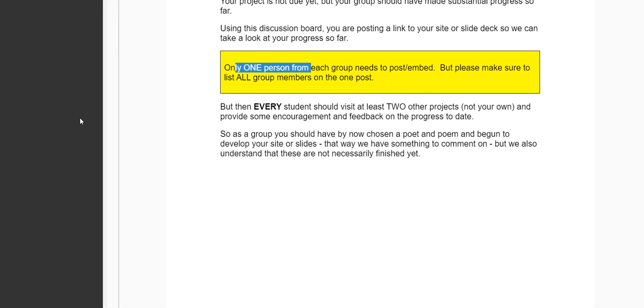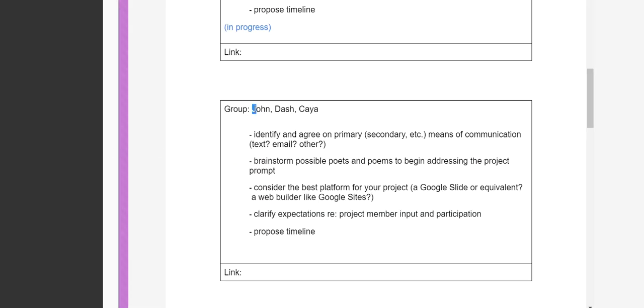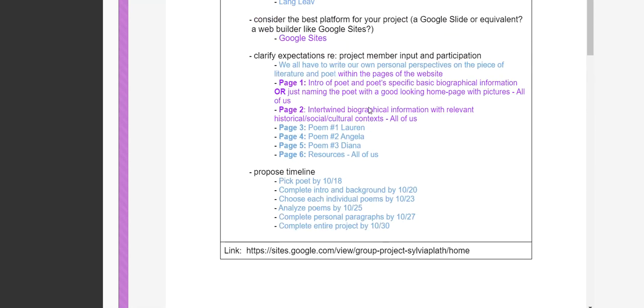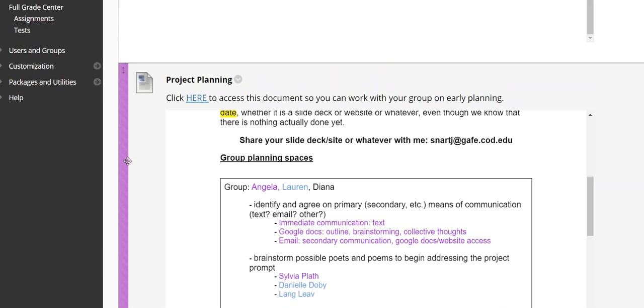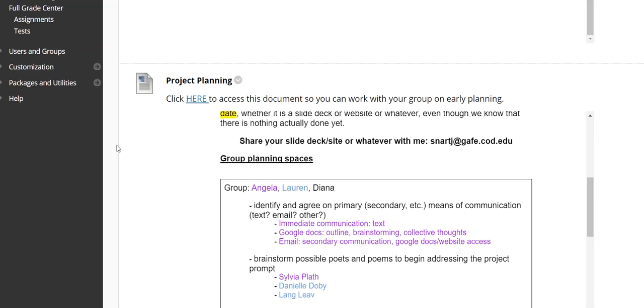All right, so if we look at our one last thing, based on my group rearranging, this is where we're at now. So if you don't see your name here, you missed the due date in Unit 6 for connecting with your group members via the discussion board. So now you've got to contact me to figure out what went wrong and what we're going to do moving forward. So these are the groups, right?